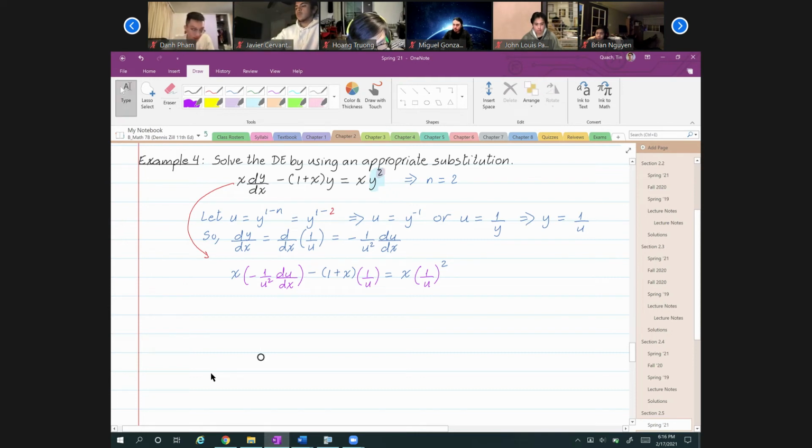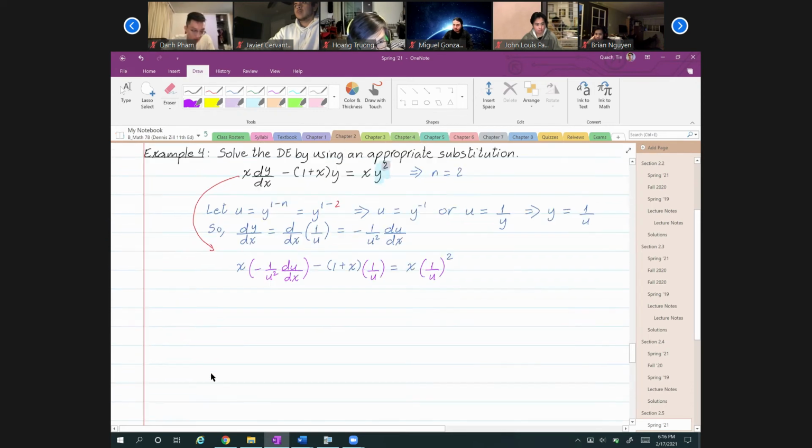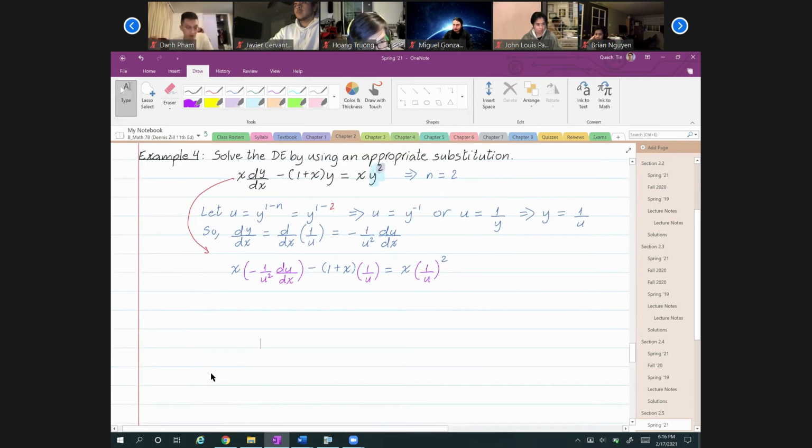Now you might ask, how come we did not divide both sides by x to change that into standard form first? Well, you could do that, but if you did, then later on, after you've converted everything into u, you still have something in front of the du/dx, so you have to do it one more time. So why waste time doing it twice, right? That's why you wait until this step, and then you